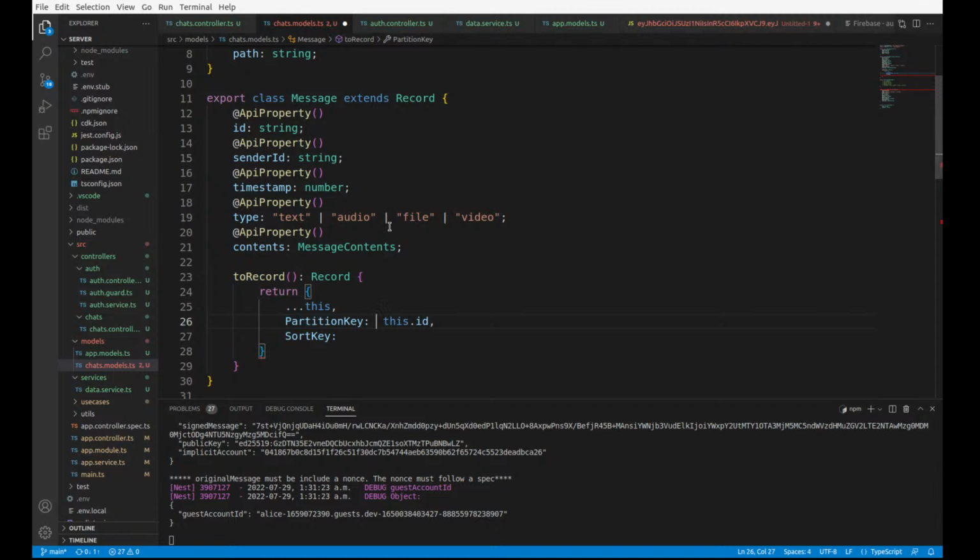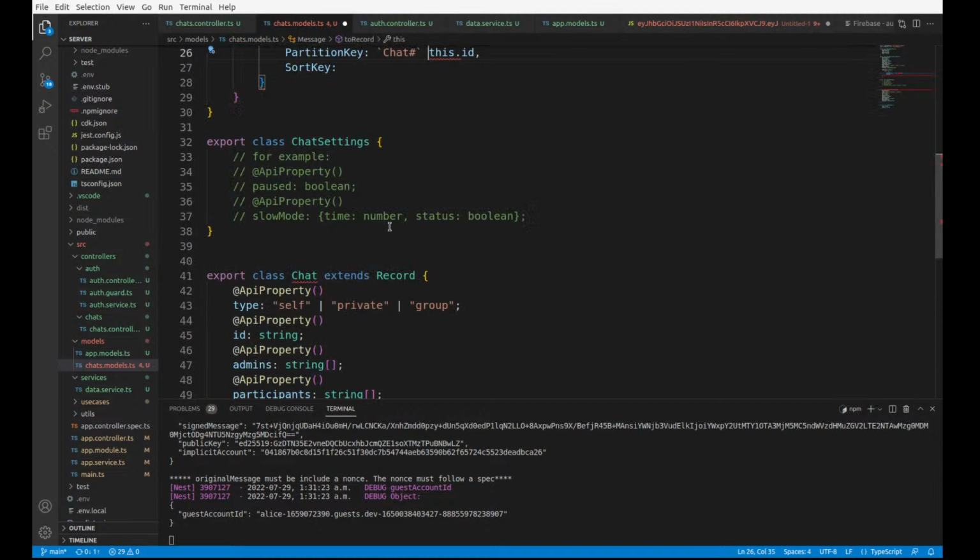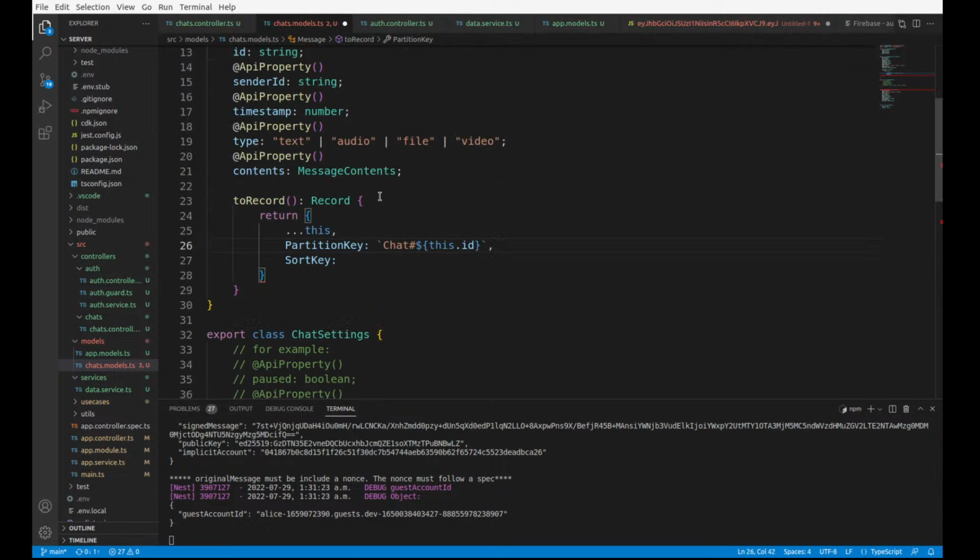So partition key has to be formatted in a certain way, right? So it's chat ID followed by the ID. So oops, I'm just doing a. It's going all over the place with fat fingers. Okay, then you have how it chats as the primary key, and then the chat ID as this key. But I guess it doesn't really